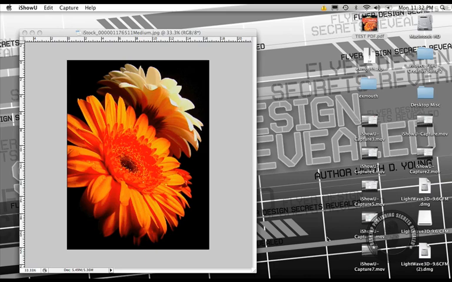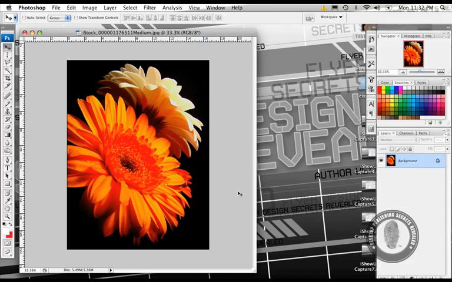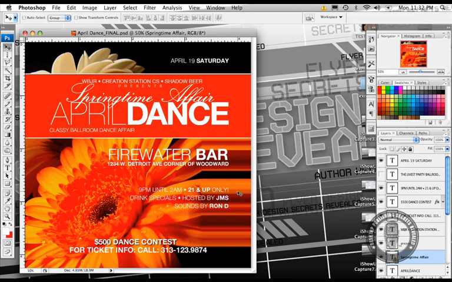In this tutorial, we're going to create a flyer advertising a classy dance affair. I'm going to show you how to turn this photo inside of Photoshop into this flyer. So let's get started. In order to get started, you should gather all of the materials needed for the project,